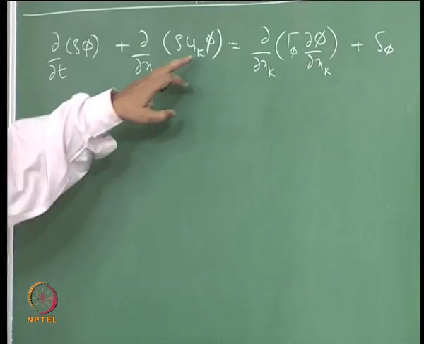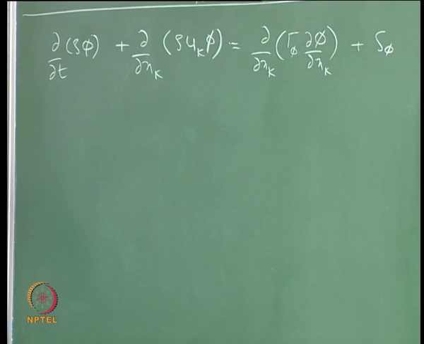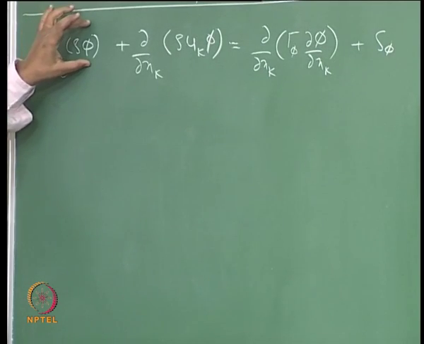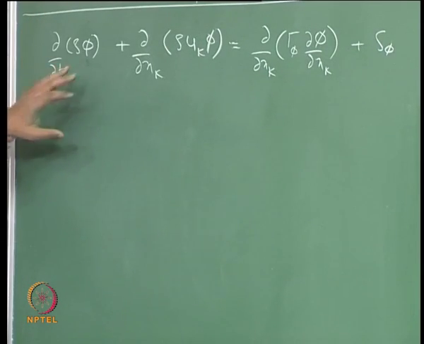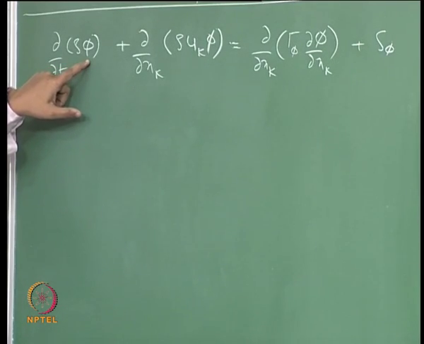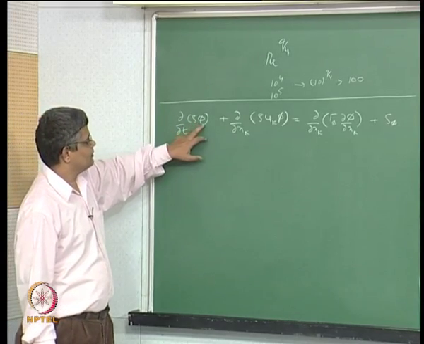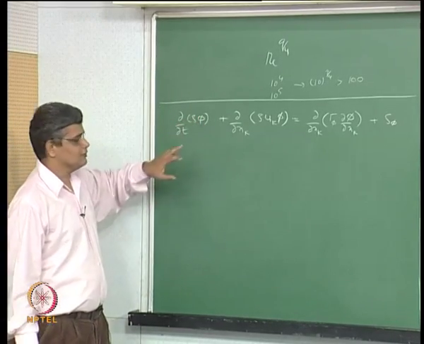As usual, a repeated index here means summation over the three components, and here phi is a scalar and it usually represents the specific quantity per unit mass of that particular thing. For example, enthalpy or linear momentum, in which case phi is nothing but v, that is the velocity, and for continuity we get phi equal to 1, so that we get